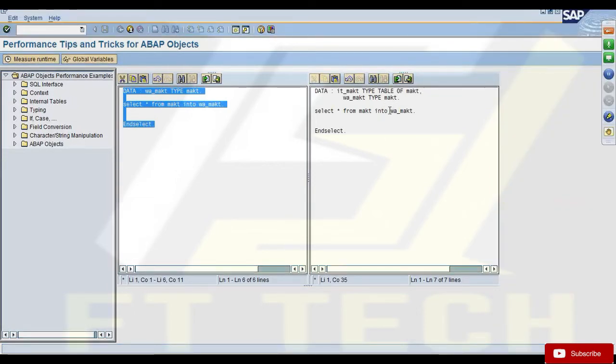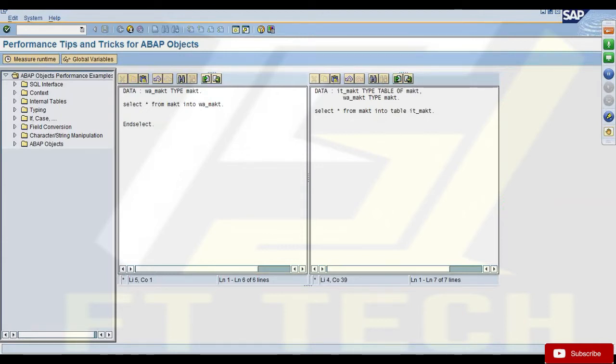So I can say select star from MAKT into table and give the internal table name. I don't need this select and endselect. By saying into table, in addition to your select statement, you can bring all the data at once into your internal table, all the matching records. So here I'm bringing one record at a time, looping by using select and endselect. In this case, I'm bringing all the data at once.